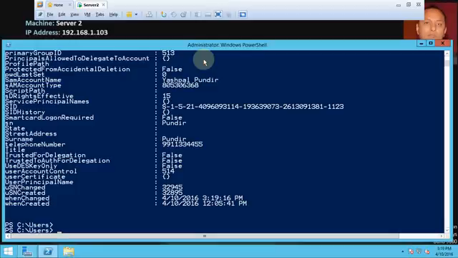You can also modify using the identity parameter. Let's see how we can do that. Set-ADUser, use the keyword identity, use the complete reference of the user, like CN equals to the username,